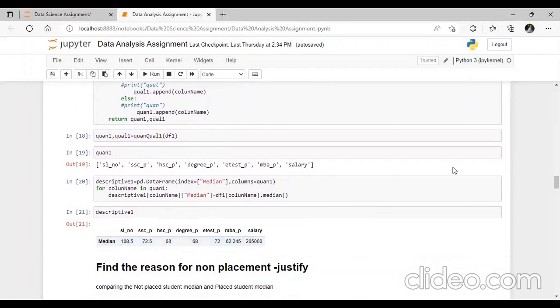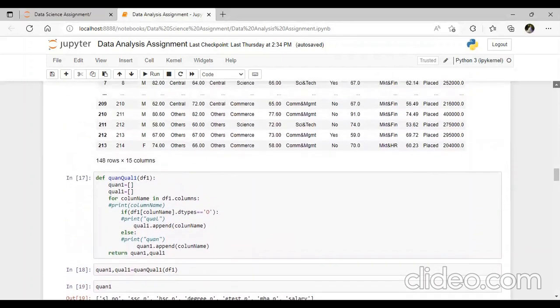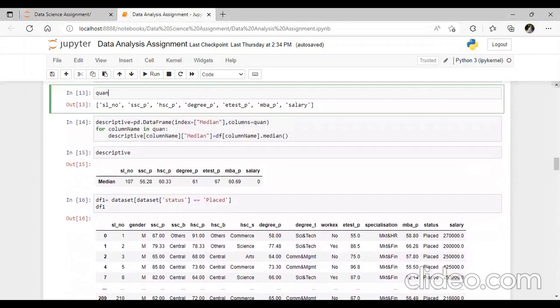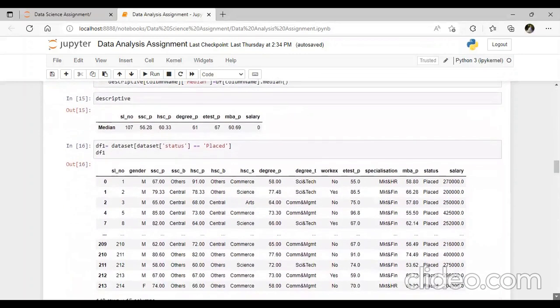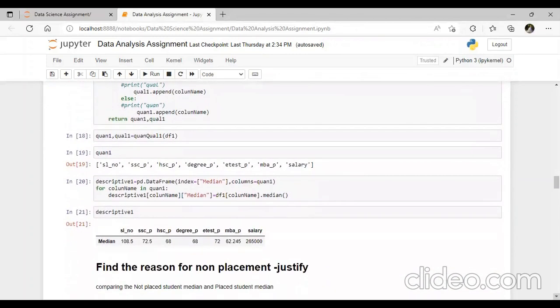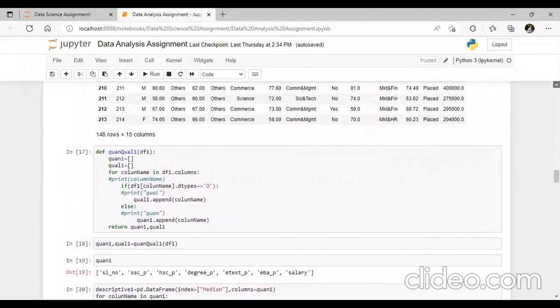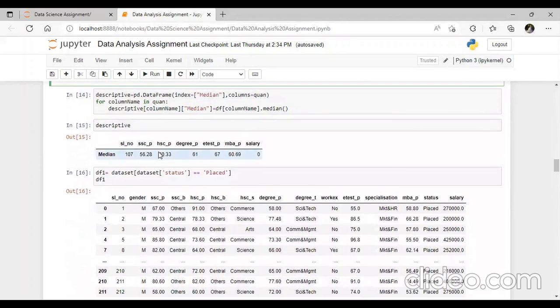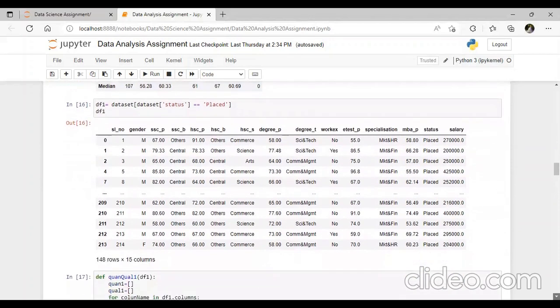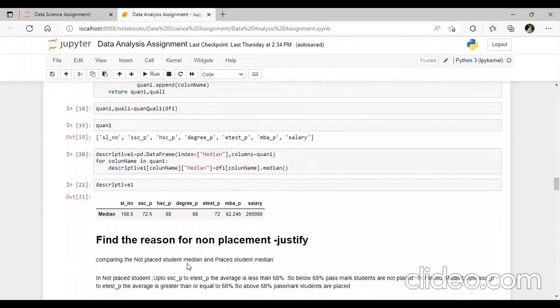In comparing these two values, we have some reason why they are not placed. In SSLC postmark, the placed students get 72.5. And here, the not placed students get 56.28, higher secondary 60, degree postmark 61, 67, 60.69. These are the not placed students' details. These are the placed students. Comparing these two,